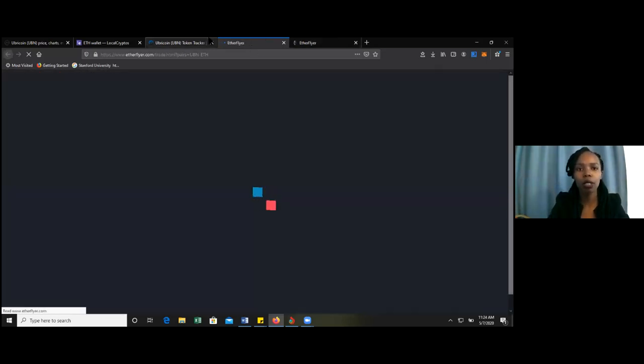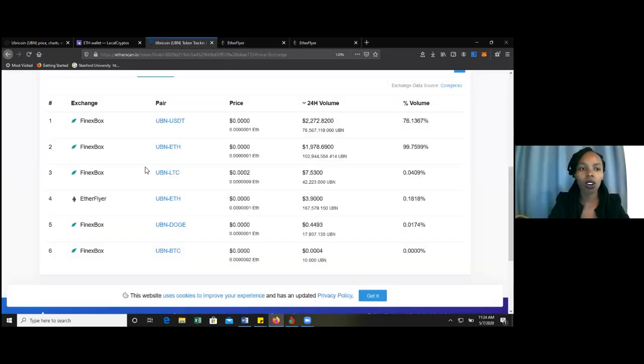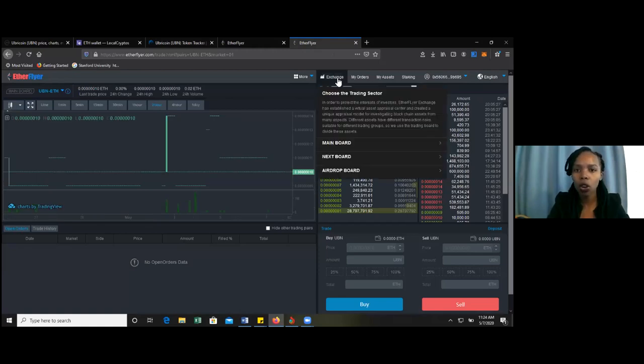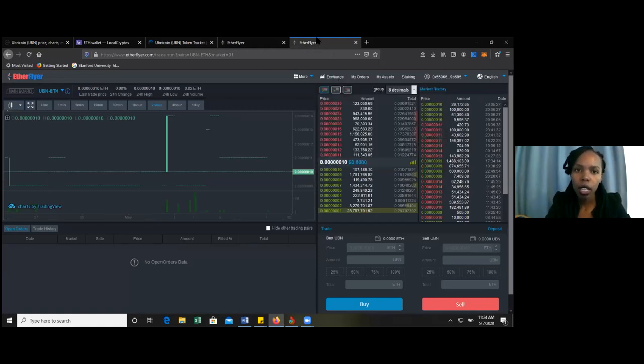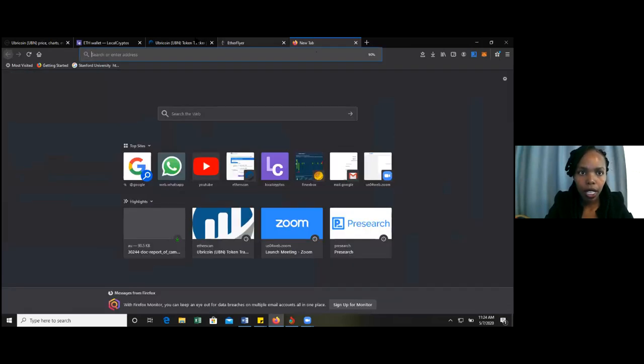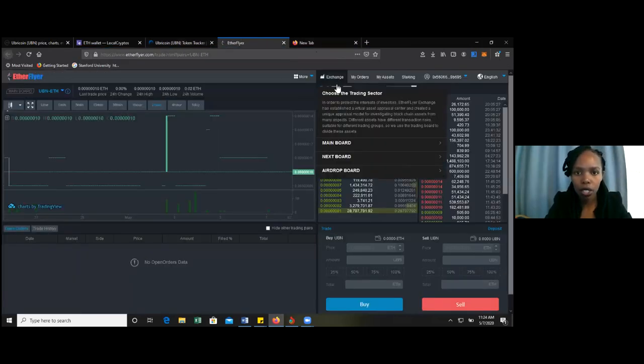I'll show you the difference between clicking etherscan.io and what we had when we click on exchange. When you click on etherscan.io, this is what you get. You get UBN ETH market. Okay, sorry, let me just redo this again. When we click on here, exchange mainboard, it is going to take you to a different market. So what you want to do is go back to etherscan.io and get